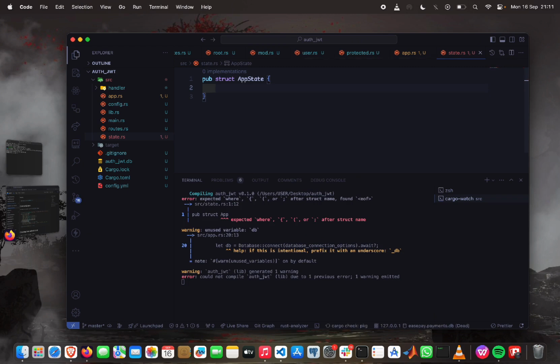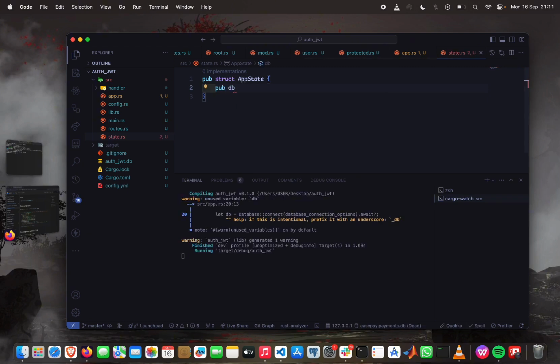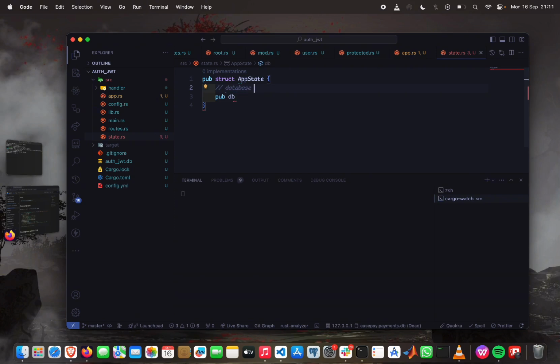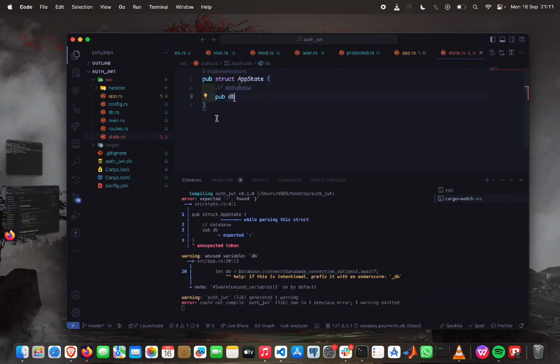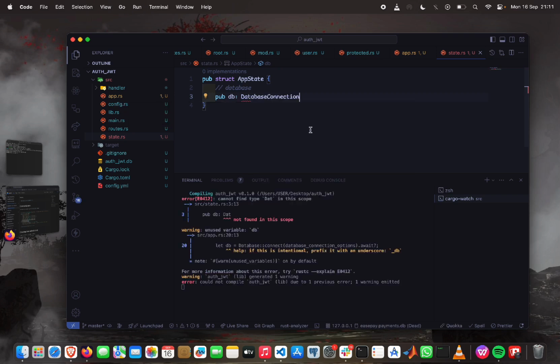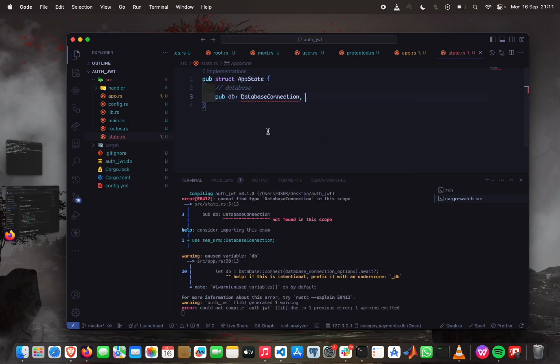So I'm just going to do, let's call it DB for the database. Of course, if there are other states, I can just come to my application state and extend it. So I can do database connection option. There we have it, and that should be it. Oh, I need to import this from